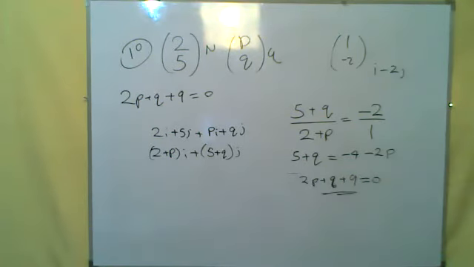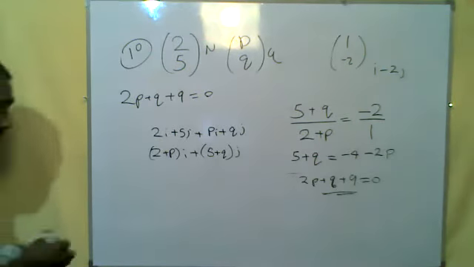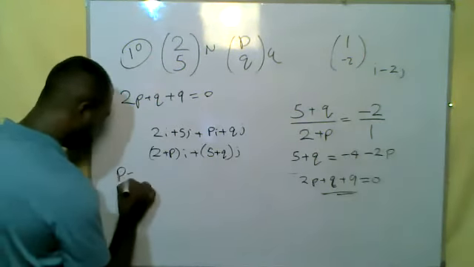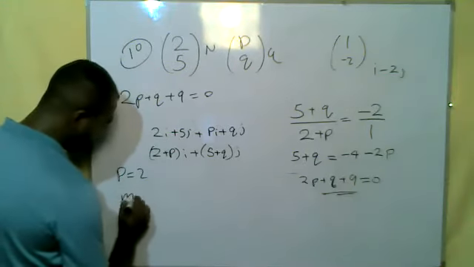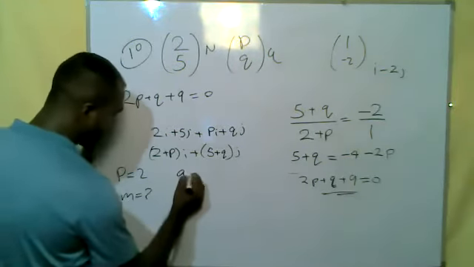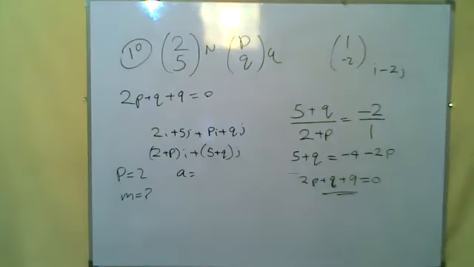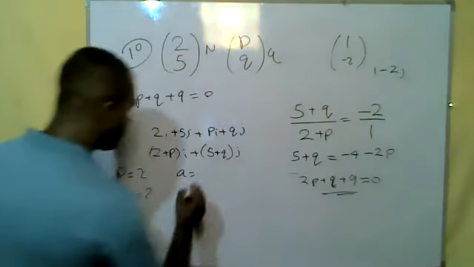Then what is part B? Given that also P equals 1 and that it moves with an acceleration of magnitude 15 square root 5, find the value of the mass. They are giving us how much P is. They are saying P equals 2, and they are asking us the mass, and they have given the acceleration as well. How much is the acceleration? 15 square root 5.